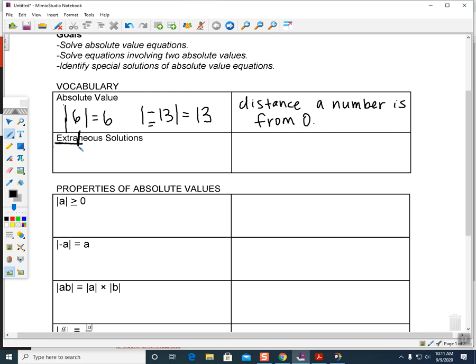So when we solve absolute value problems, particularly absolute value equations, I'm always going to be left with more than one answer. Generally, there'll be 2 solutions to my equations. Now, sometimes one of those solutions is inaccurate. It doesn't work. So when I plug that number back into my original equation, it does not give me the right answer. So an extraneous solution is an extra solution